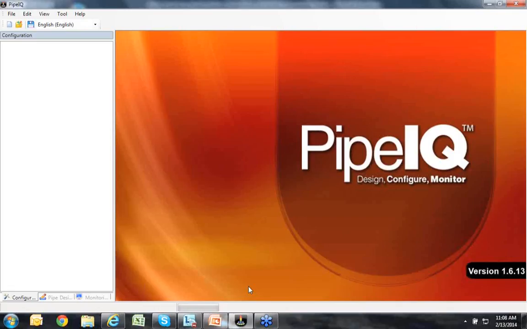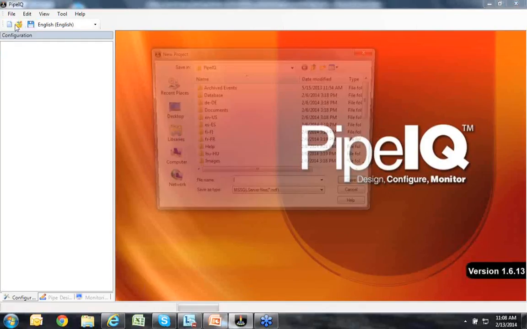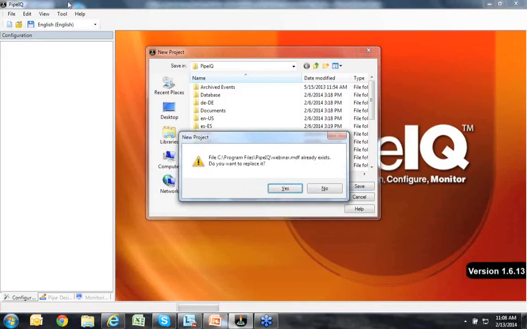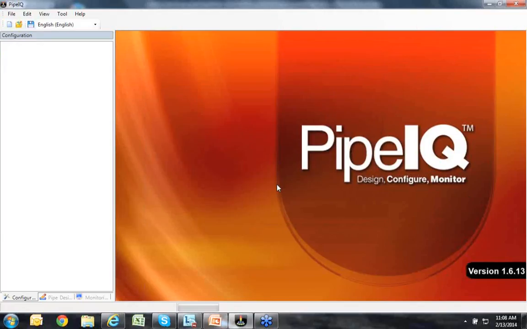And then you'll enter into this screen here, which is just the default screen of PipeIQ. The first thing you'll need to do to start is create a new project, either using the New button or selecting File and then New. Give your project a name. And then the first option that we'll get in a second here